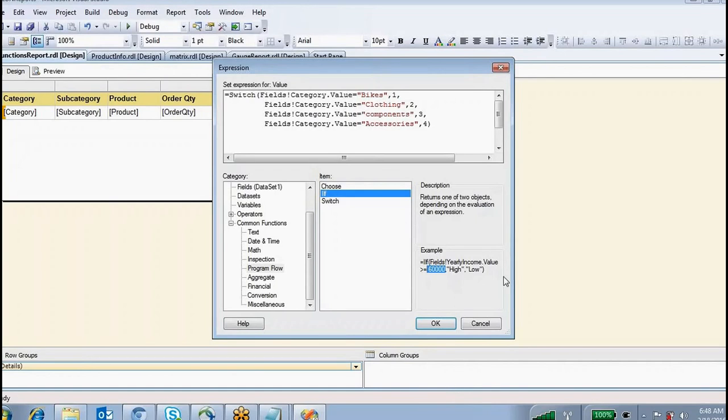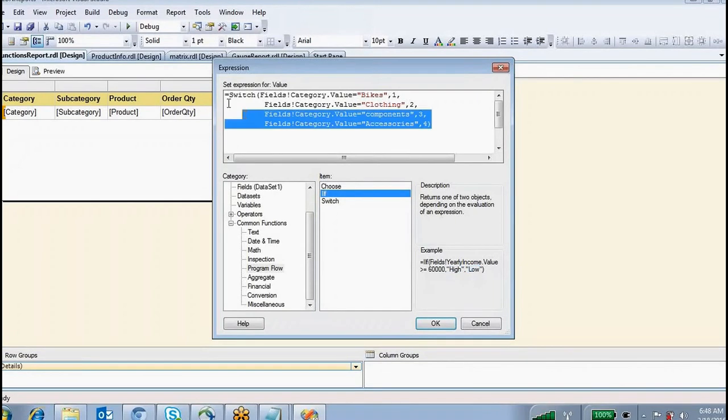For example, if the yearly income of a particular employee is greater than 60,000, then the condition is satisfied, and it displays the first value, that means high. If that employee's yearly income is less than 60,000, the condition is not satisfied, so it displays the second value, that is low. If it is satisfied, it displays the first one; if not, the second one.